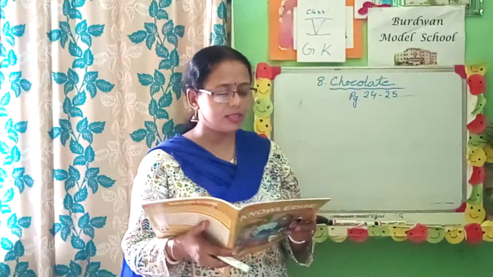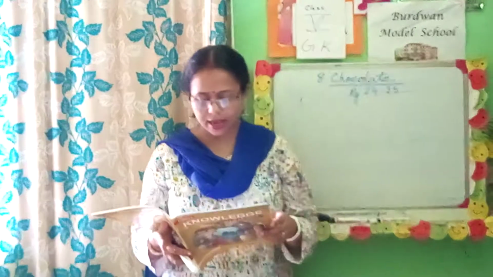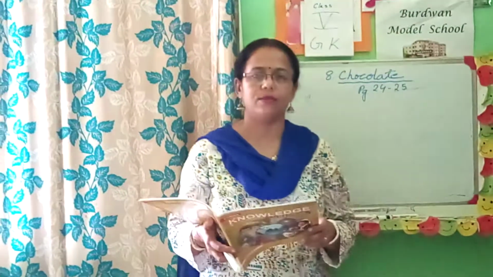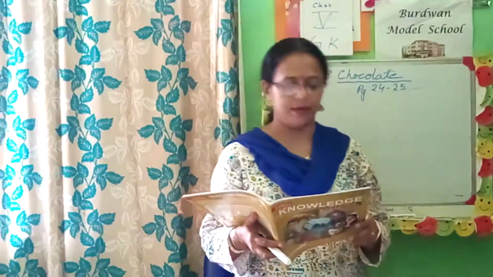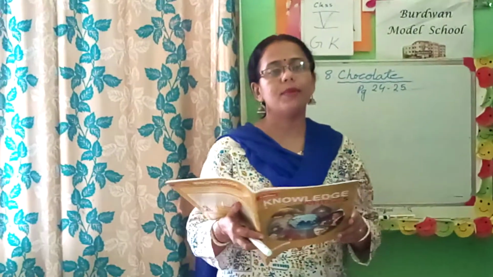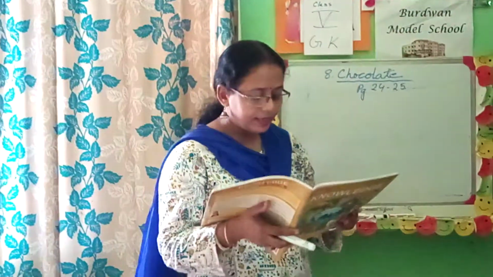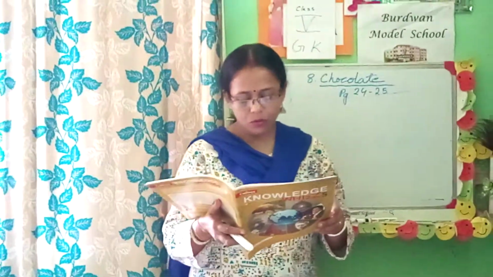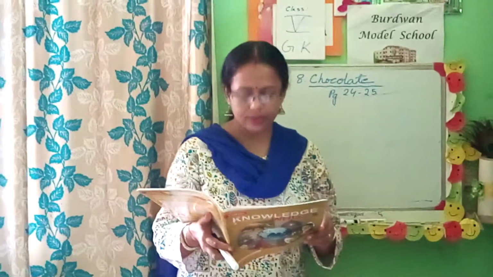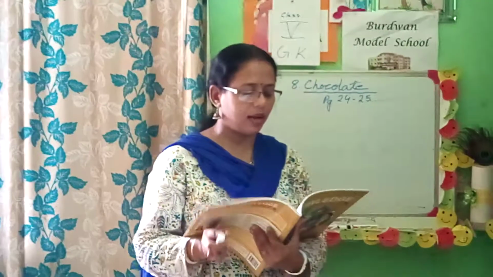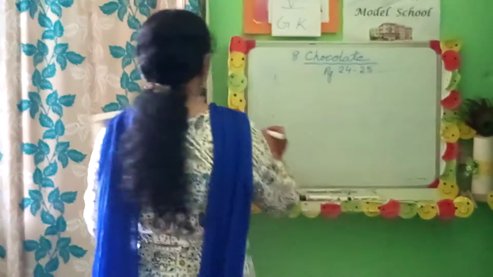So here below is the process of making chocolate. Pictures have been given and there are some statements also, but the pictures don't match the statements. We have to match each picture with the correct statement. Number 1, what is the statement for number 1? It's E. Ripe cocoa pods are harvested from the trees. So first, ripe cocoa pods are harvested from the trees.